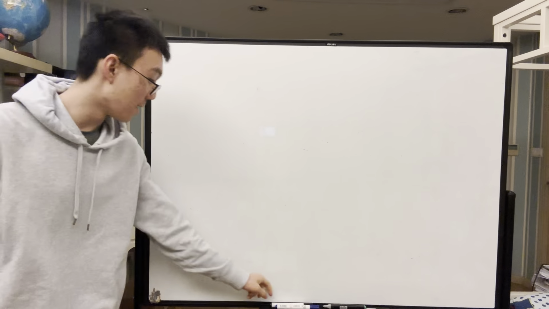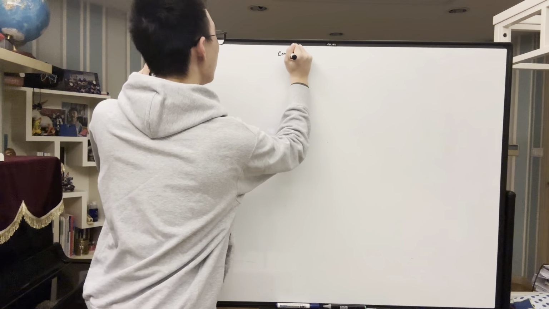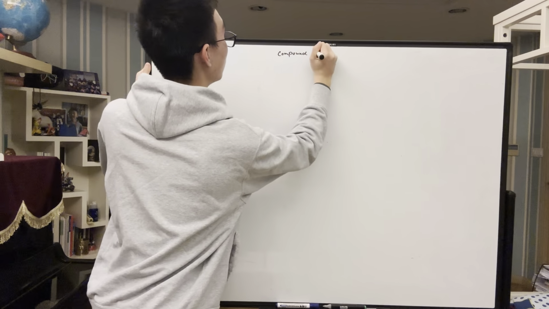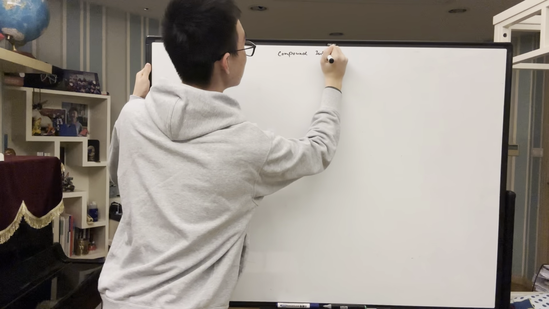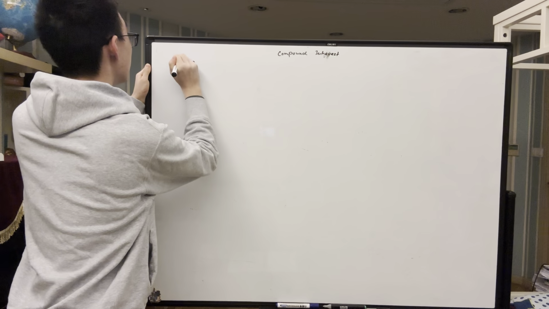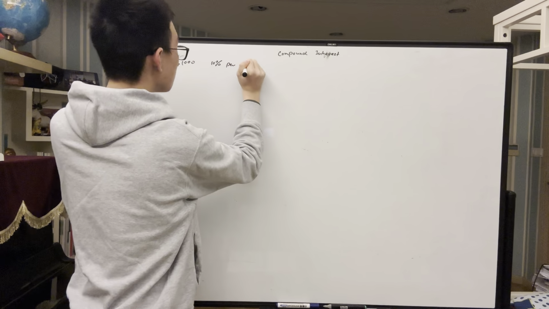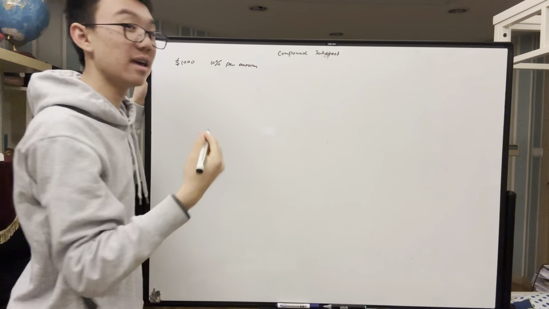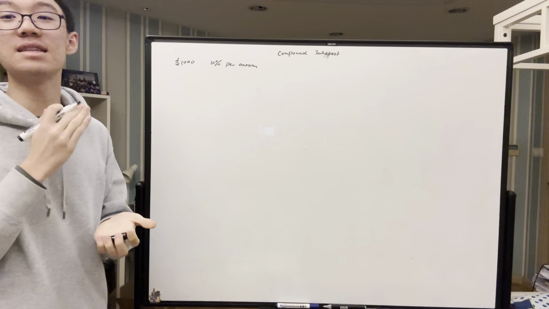Today we'll be talking about compound interest. So first of all, what is compound interest? Well, say that you are investing $1,000 in a bank that gives an interest of 10% per annum. And here, per annum simply means that the interest is yearly interest, which means that the 10% is 10% per